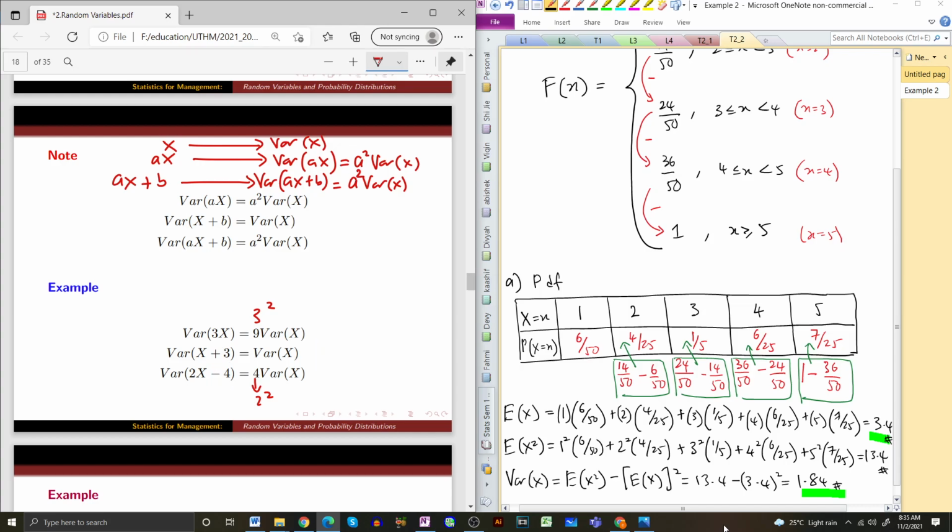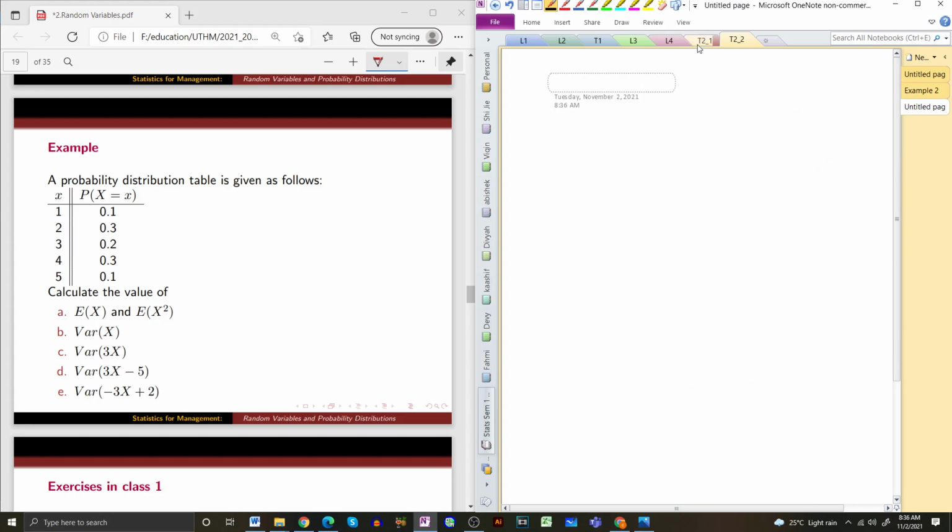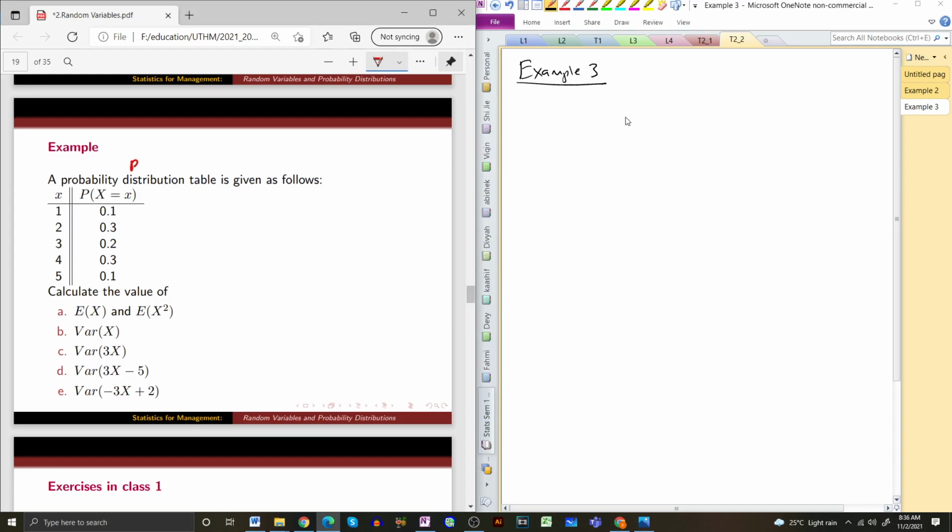Okay, let us do one example on this. So I make it example 3 now. The probability distribution table given is a PDF. Even though they put a table here, I just put a function here. It's the same thing anyway. A probability distribution table is almost the same as a PDF. So if I want to write this in table form nicely,